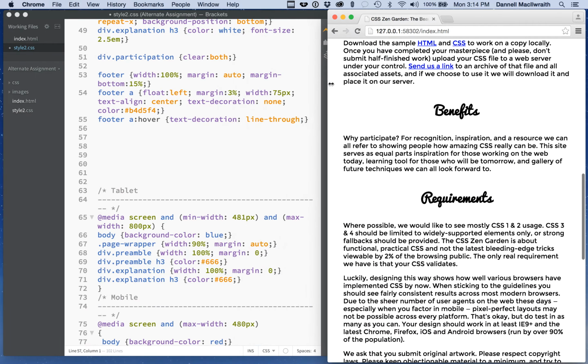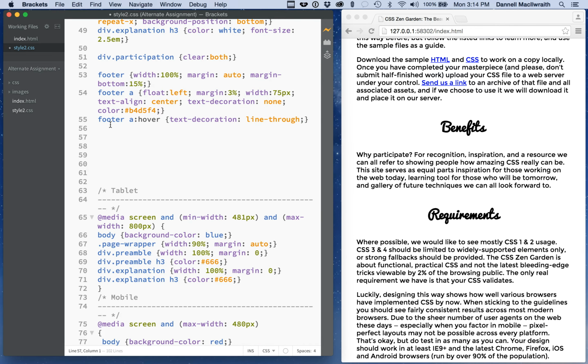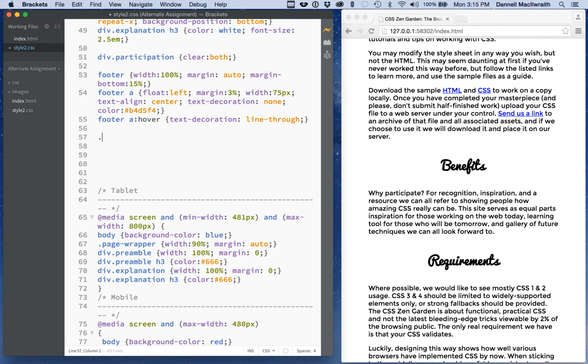Okay, and let's close that back up because we want to work in this area. So next up now I want to deal with the specific classes within each one because I want to give each one a different icon. And I can do this by specifying what I want the Zen Validate HTML to look like, the Zen Validate CSS, and so on and so forth. So I'm going to do period Zen